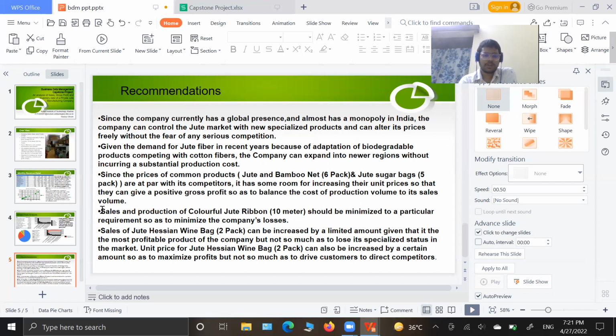Now, the next point that I saw is that the sales and production of the colorful jute ribbon, that is 10 meters, should be minimized to a particular requirement, so as to minimize the company's loss. The colorful ribbon is giving the most amount of loss to the company because it has low revenue and low volume. So my recommendation was to not completely eliminate the production of the product, because